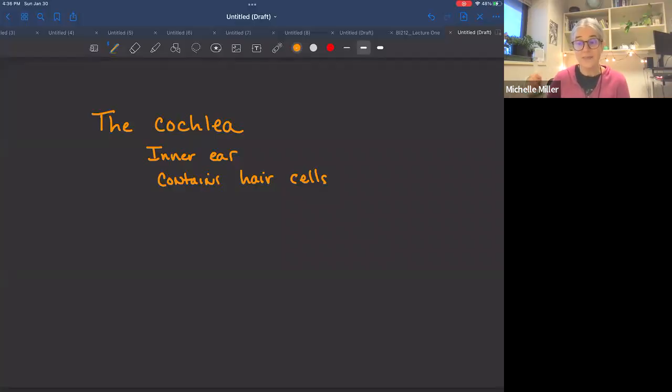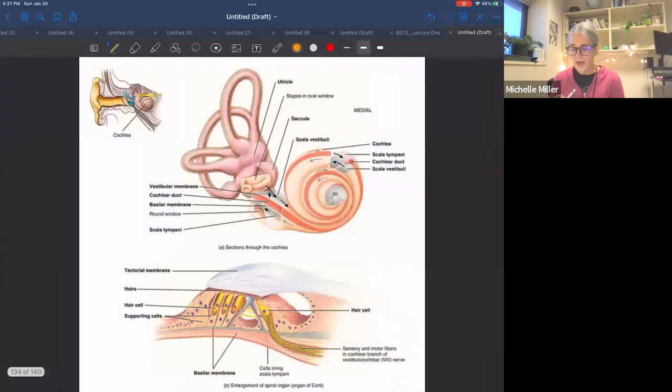And that difference in the bending of the hair cells gives us a perception of pitch, high sounds and low sounds, as well as amplitude, which would be how loud the sounds are. So let's look at the structure of the cochlea. You do not need to know all of the details about this, so we're just going to very quickly talk about it. This is my oval window right here, and the sound waves are going to